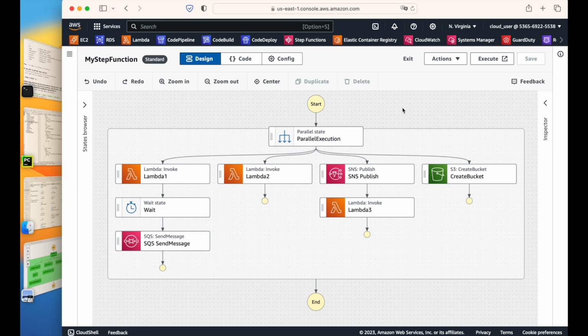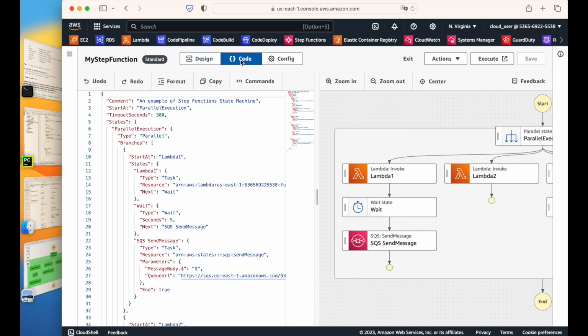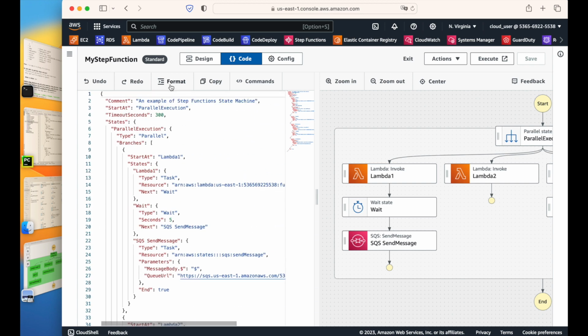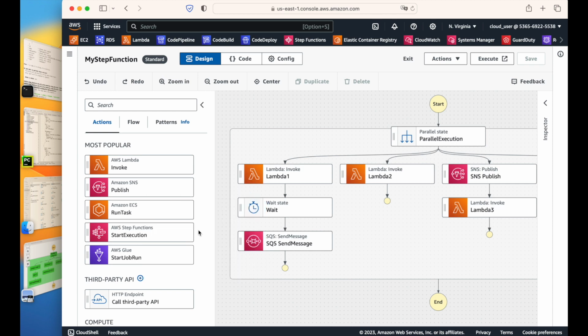What you can do here, if you already know your design, you can just go into this code here. After design, you will be able to see here code, and you will be able to find the definition here. So you can take the JSON from here. The most important part is, now if you want to run an ECS task, suppose you want to modify this whole infrastructure, and you want to also run an ECS task,